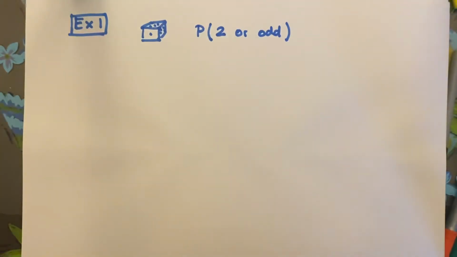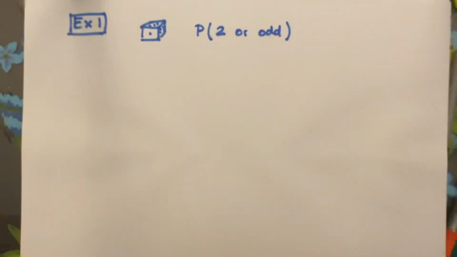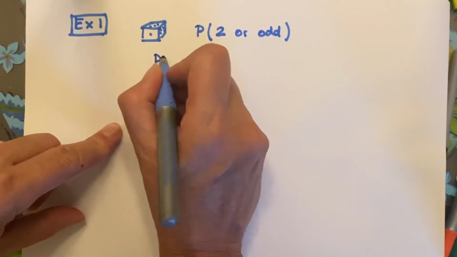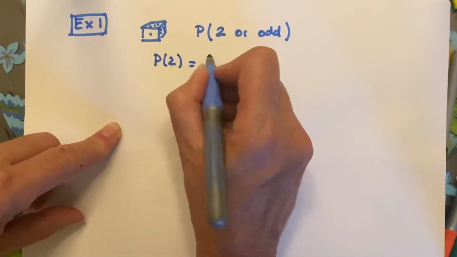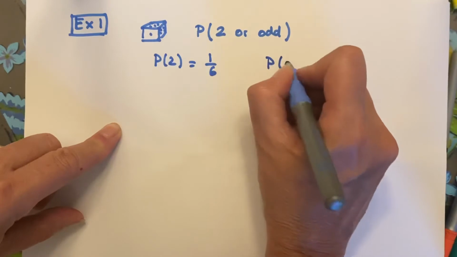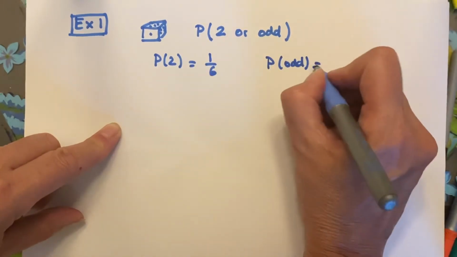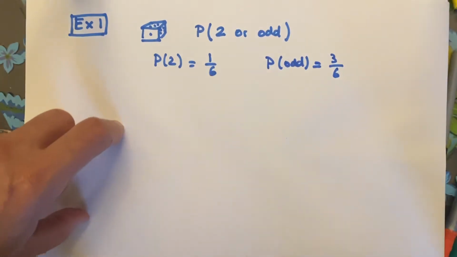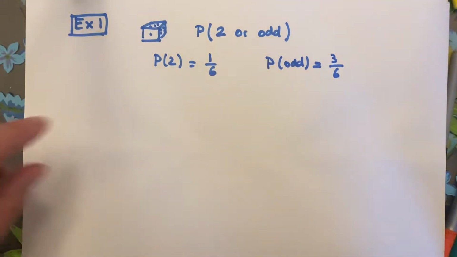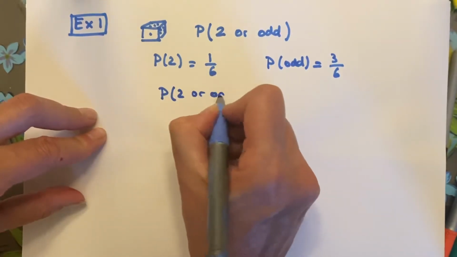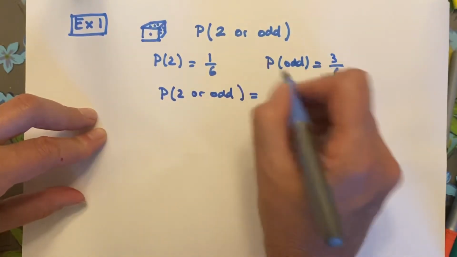So we just went through that. We don't have to draw our diagrams again. So let's first find the probability that we roll a 2. Well, that's 1 out of 6, right? And what's the probability that we roll an odd? It's going to be 3 out of 6, right? Because we have 1, 3, and 5. So the probability of 2 or odd is